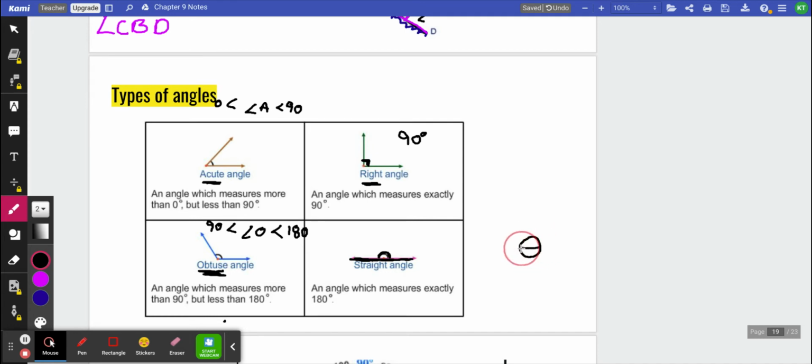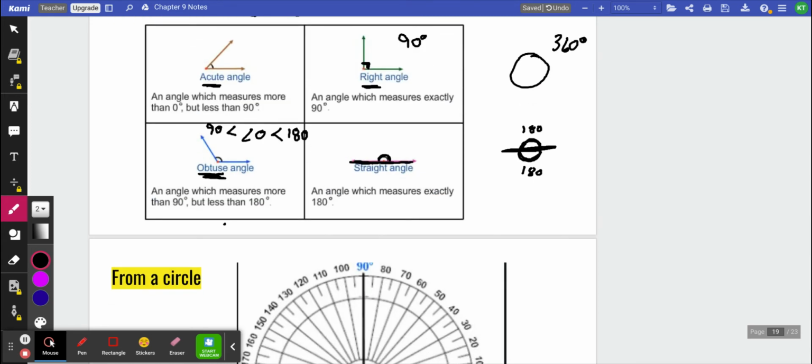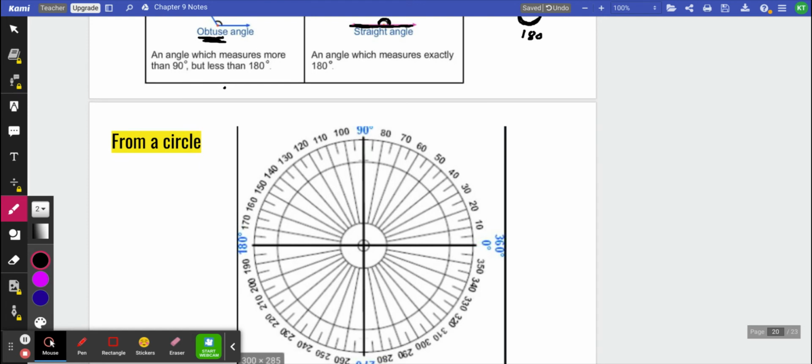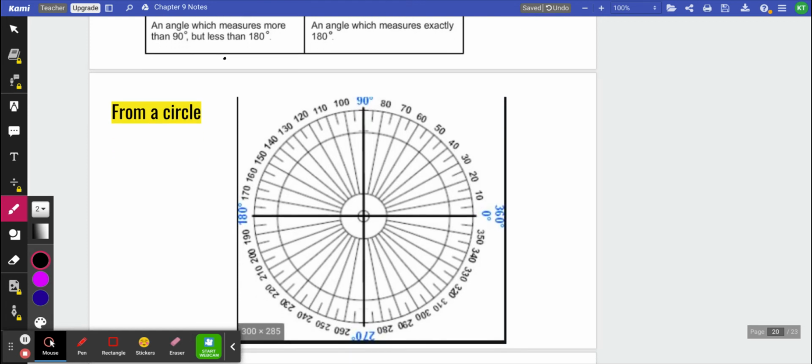If I were to draw a straight line, I have a half circle here, which is 180, and another half circle over here, which would be 180. A complete circle is 360 degrees, and that's where these angles come from. We don't really use a circle in our measurements, but this is where the angles come from. So if I start here at 0, with this as my vertex, and then go up this way,